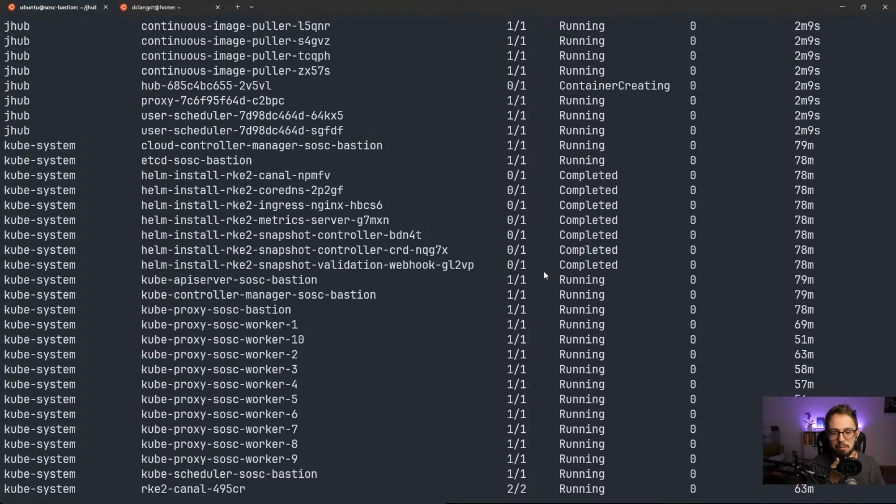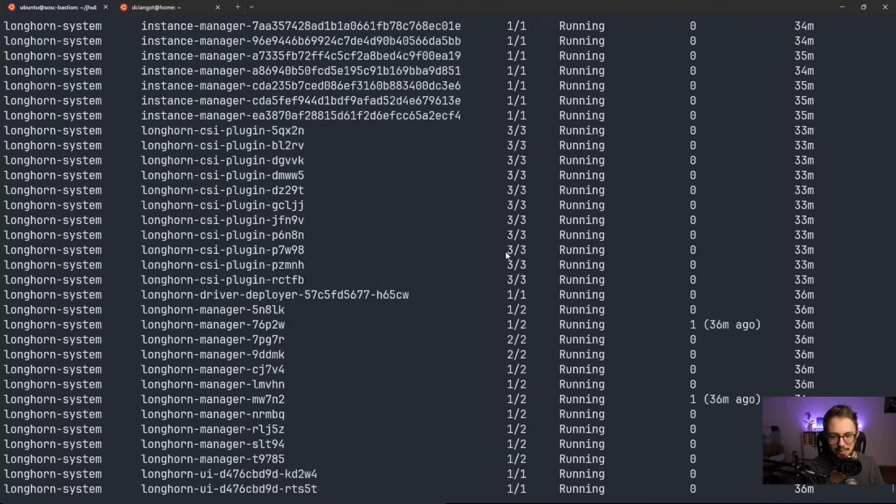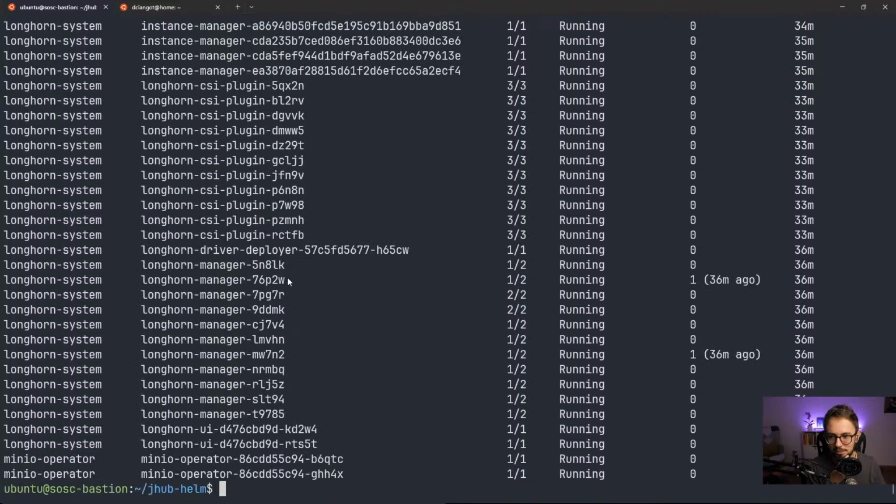We might have a problem that I overlooked. That is the reason for which these guys here are only half ready. So let's take a look immediately. kubectl get logs -n